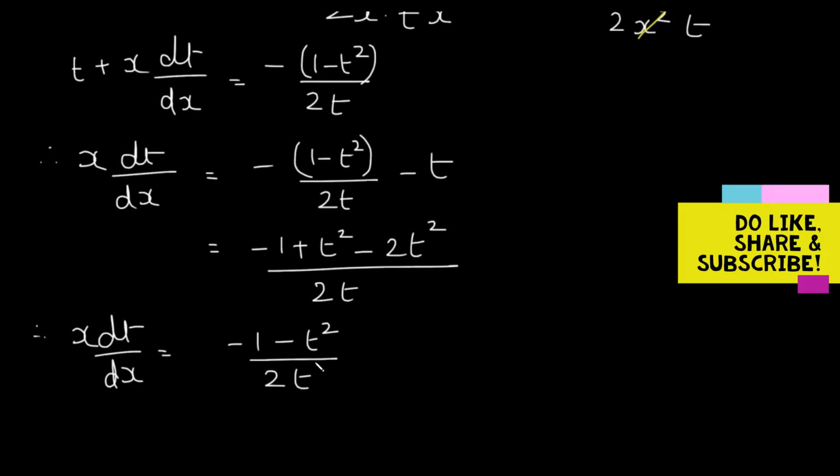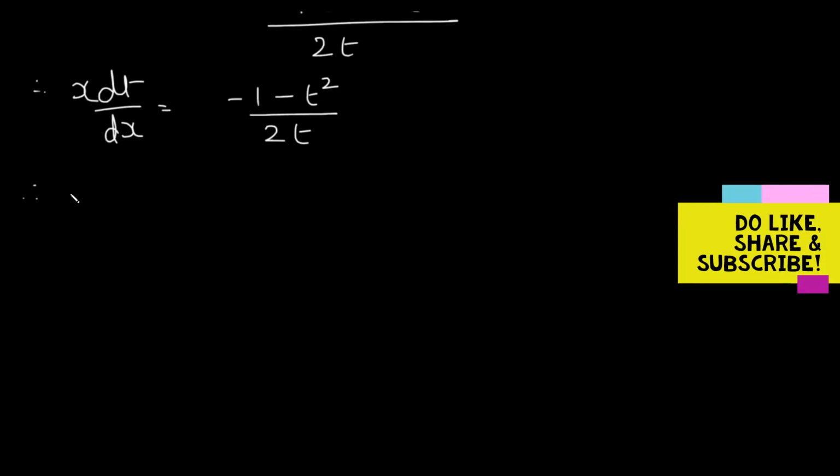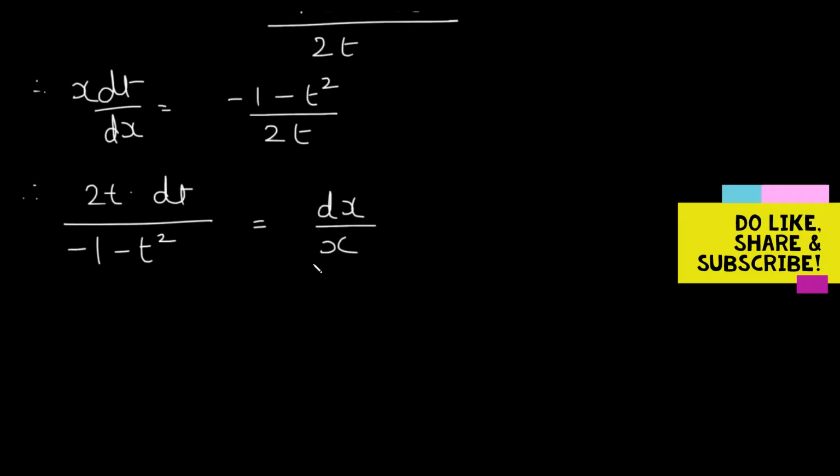Now we bring the t terms on the LHS and take x upon dx on the RHS, and therefore we get twice of t into dt upon (1 minus t square), which is actually dx upon x. Now we can integrate both the sides. So integrating,